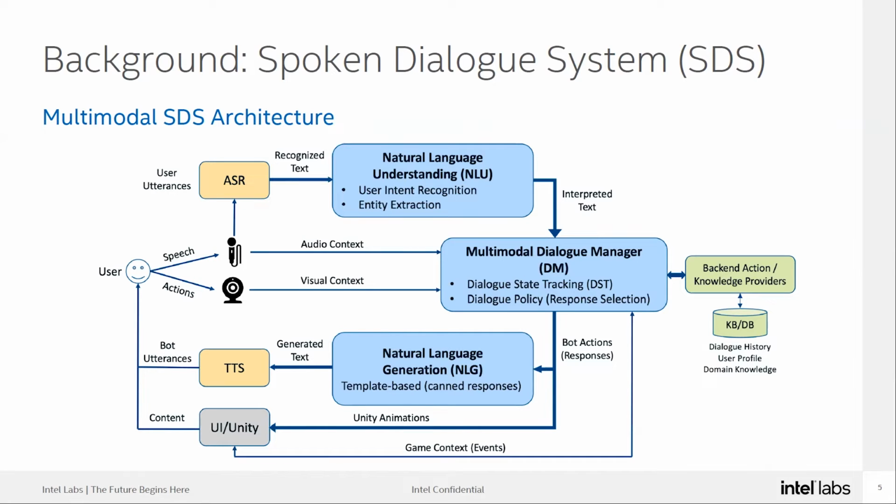There's no keyword spotting or anything like, you know, hey Google, Alexa. So there's nothing like that. The system is not activated when they say Oscar. Oscar is actually always listening. And the real challenge is understanding whether the kids or the facilitator are really referring to the agent, or are they talking to each other. That's one of the main challenges. So for all these reasons, the system should be multimodal.